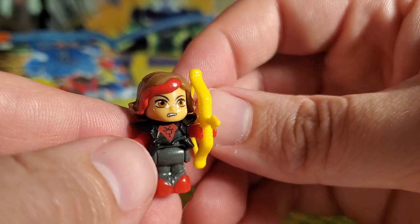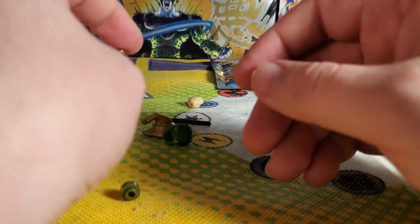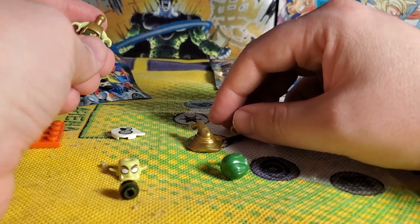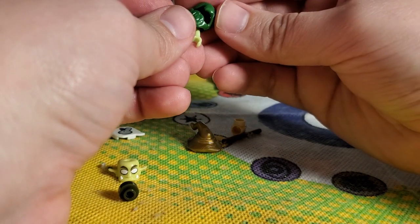Really good, though. Very neat figures, although the stamping on the chest piece seems to be a bit crooked, but whatever. That doesn't mean anything. Then what else do we have? We have... Where is your... Do you not come with a chest piece? Nope, apparently not. You get...